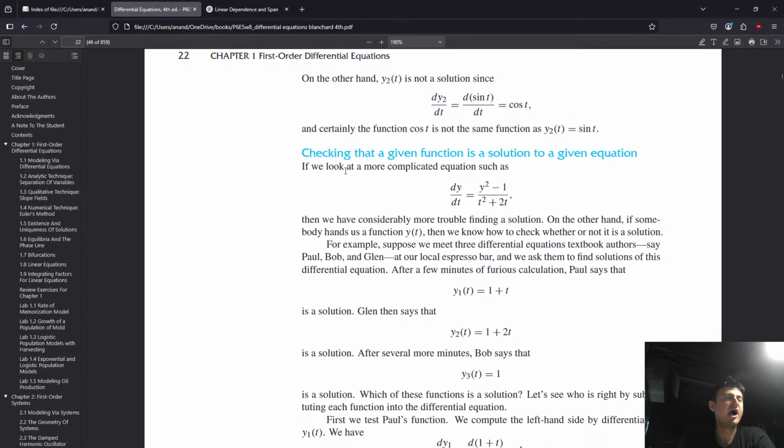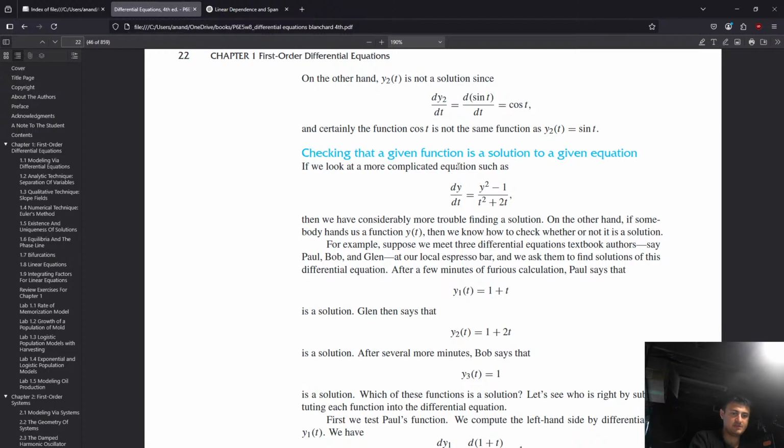If the equation looks more complicated, then we have considerably more trouble finding a solution. On the other hand, if somebody hands us y of t, we know how to check whether or not it is a solution. For example, suppose that we meet Paul, Bob, and Glenn. Or if we take 1 plus t as y of t